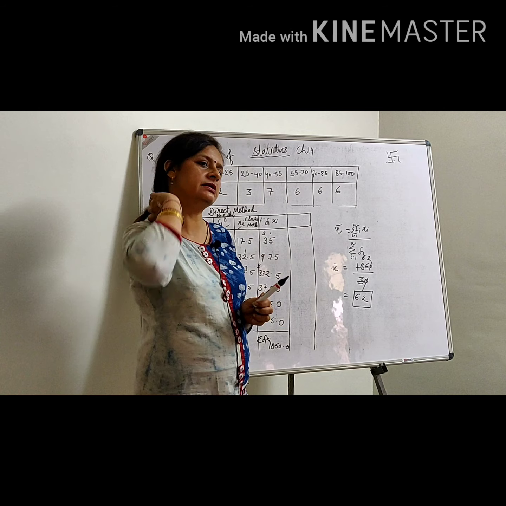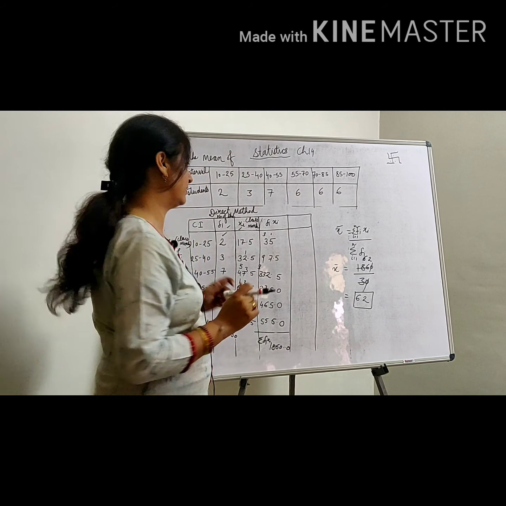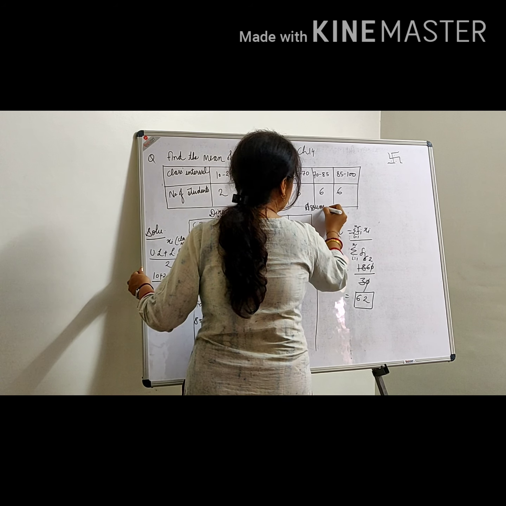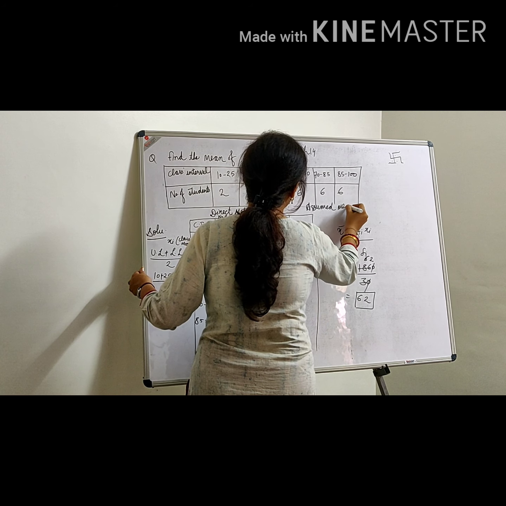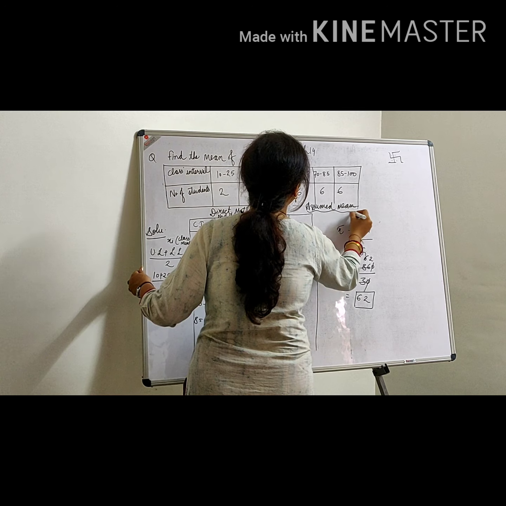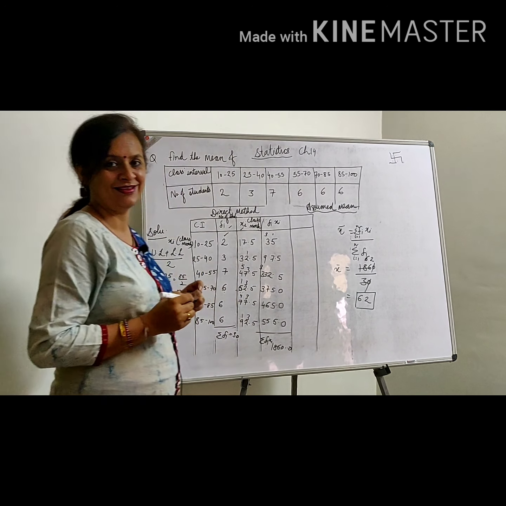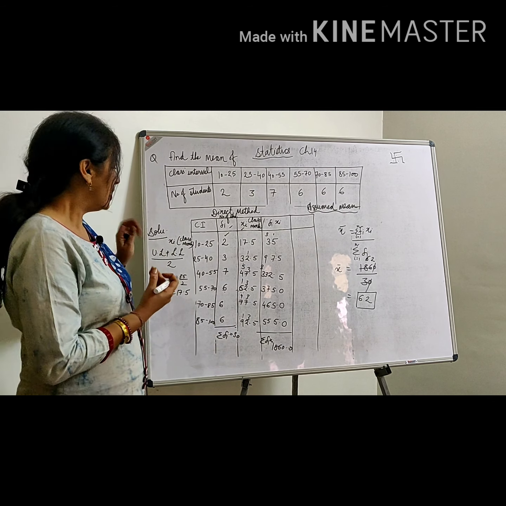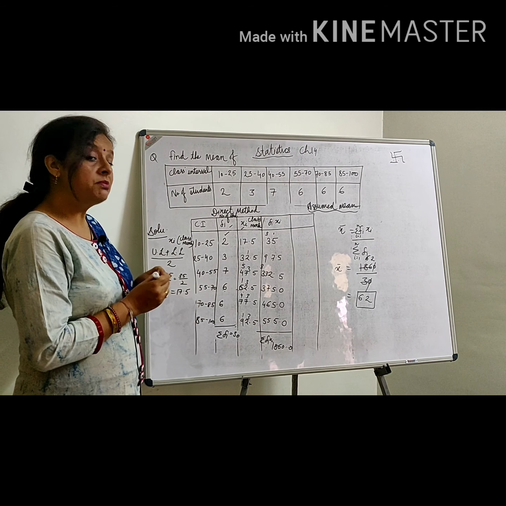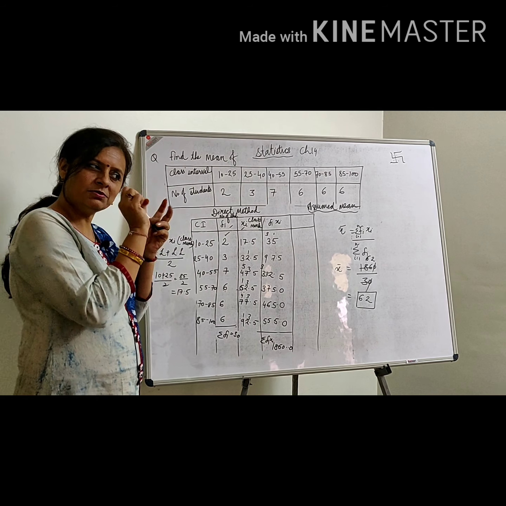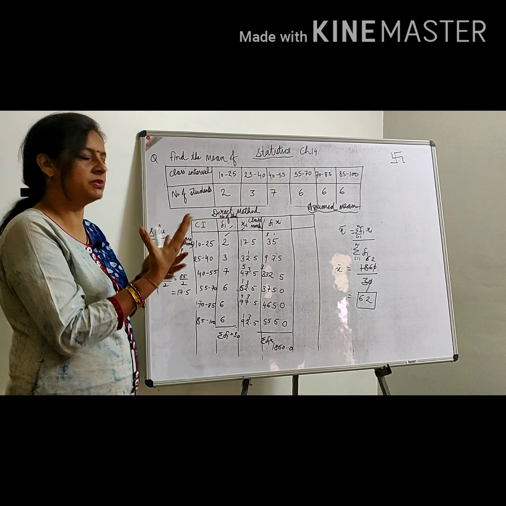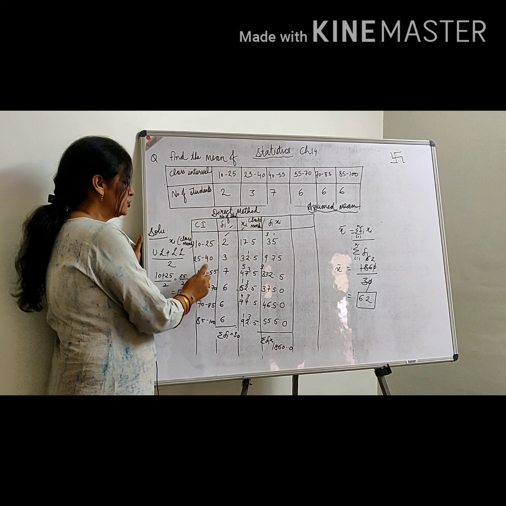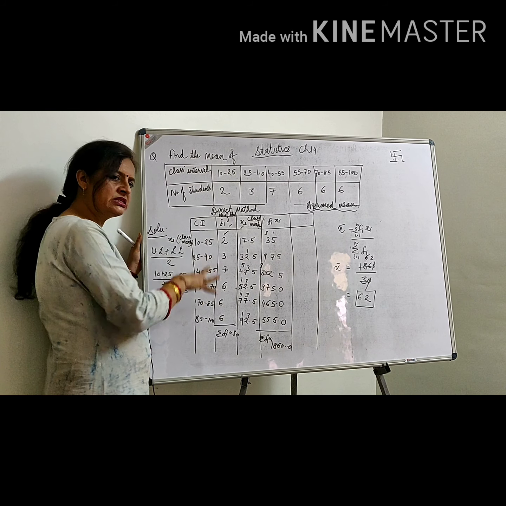And now let us learn the assumed mean method. Side by side for this question we are going to learn the assumed mean method. This assumed mean means you have to assume something. You have to assume beforehand that this could be the mean. Now I told you that mean is a central tendency number. That means it will be one of the central numbers. So here the data is from 10 to 100. 1, 2, 3, 4, 5, 6. There are total 6 class intervals.